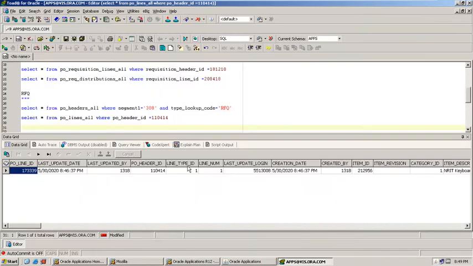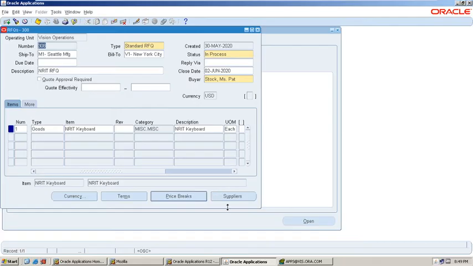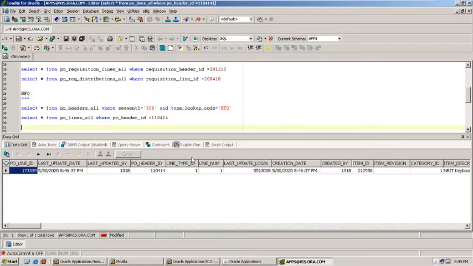These are two levels where the data has been stored, and there is another table where the vendor details will be stored. The table name is PO RFQ vendors, where PO header ID equals this one.